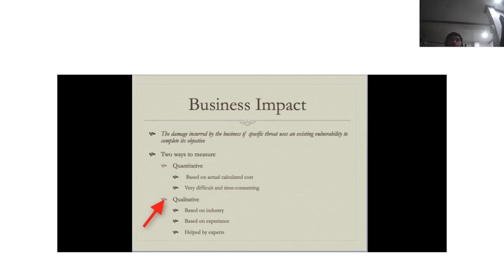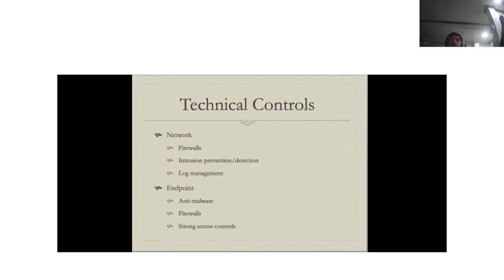Security controls are a set of layered technical, administrative, and physical devices, policies, and other methods used to prevent a threat from achieving its objective, or to detect a threat and respond